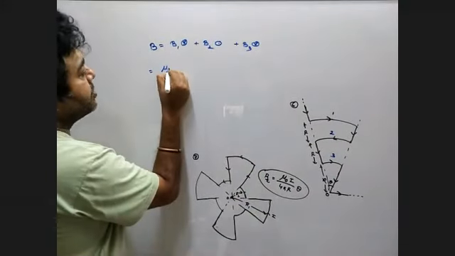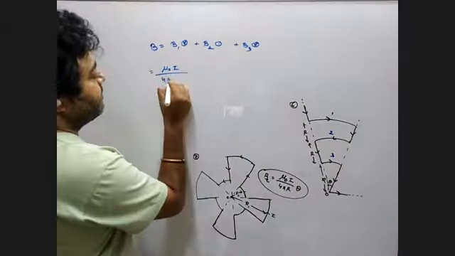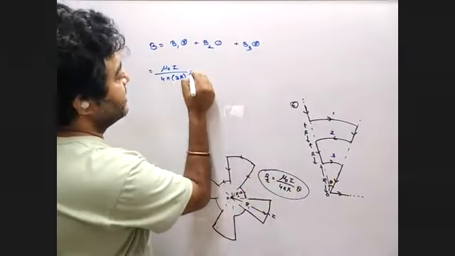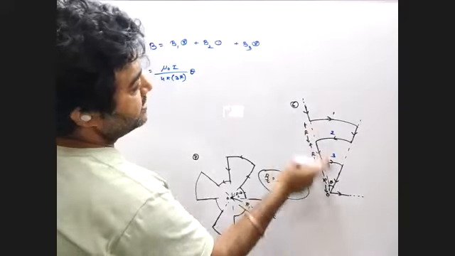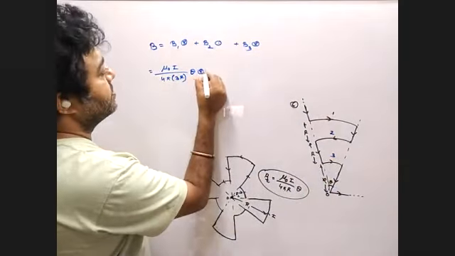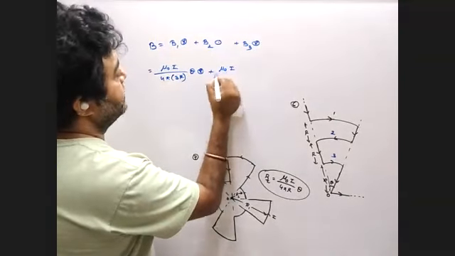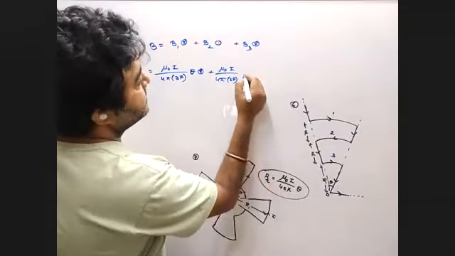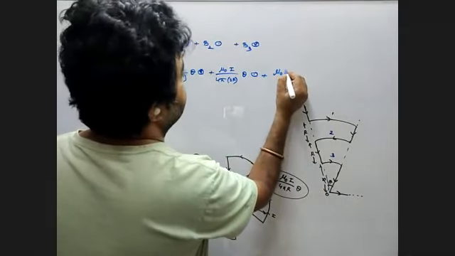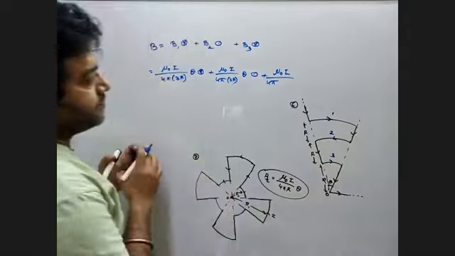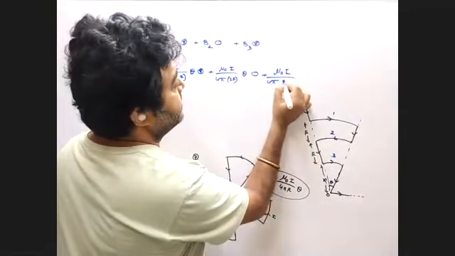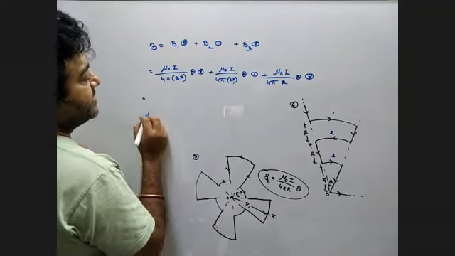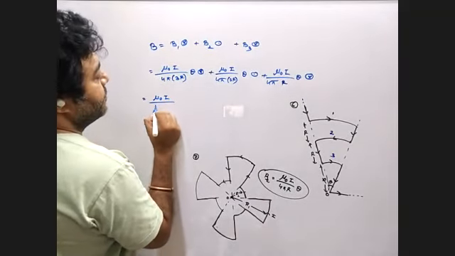So mu naught I by 4 pi, this distance is 3r, and this angle is theta, cross. Now the second one, mu naught I by 4 pi, this distance is 2r, the angle is theta, and dot. Mu naught I by 4 pi, this distance is r, this angle is theta, and this is cross. Yes or no? So on that basis, what we can say, if we take mu naught I by 4 pi